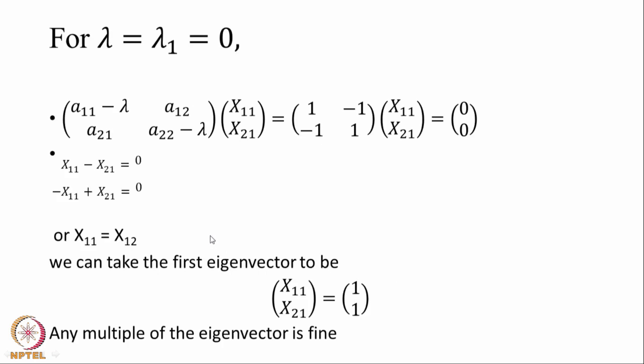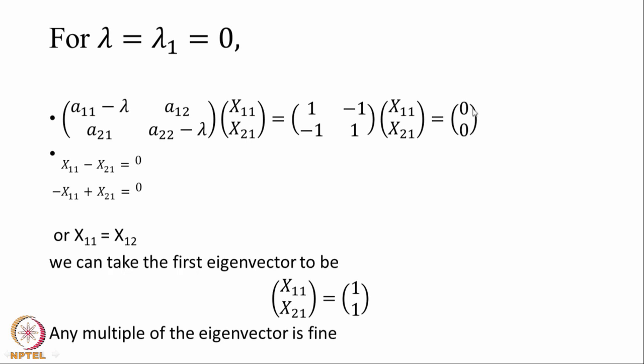So now I shall get the first eigenvector. To get the first eigenvector, what do I do? I substitute lambda equal to lambda 1 equal to 0. Remember, I had two values of lambda. So for the first eigenvector, I am going to substitute lambda 1 equal to 0. That is the matrix A11 minus lambda, A12, A21, A22 minus lambda. Here it is written correctly. Now this into x, A minus lambda times x is equal to 0. So when I multiply this, I should get 0 and 0.